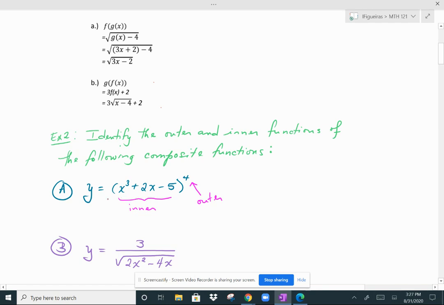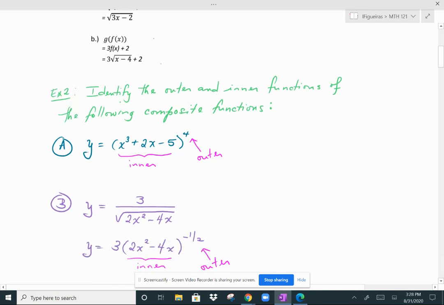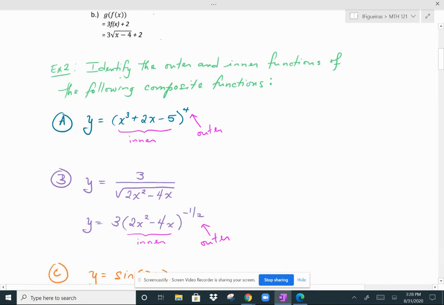So here I have, in part A, x cubed plus 2x minus 4, and that polynomial is raised to the 4th power. So in this case, the inner function is the polynomial, and the outer function is raising it to the 4th power. In part B, in order to identify your inner and outer function, you should first rewrite it